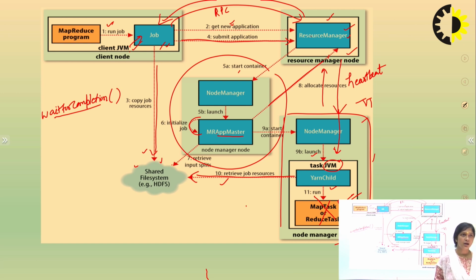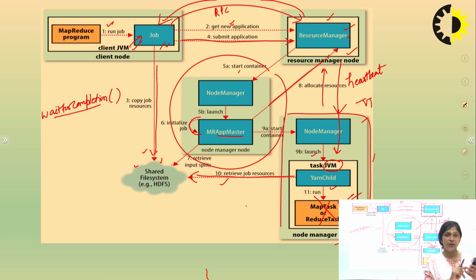Once more, I'm telling you the summary of this complete diagram or this complete job run. First of all, in our program, in the last line, we always write the waitForCompletion function.